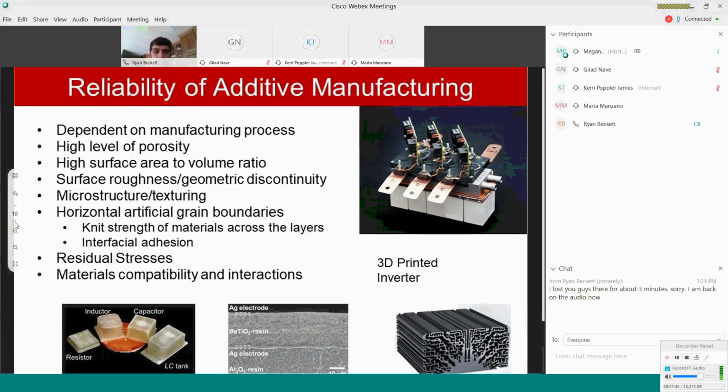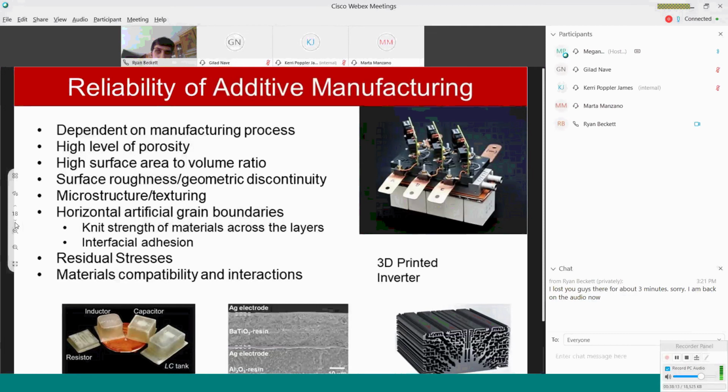For example, when you cast a metal, you cast an entire bulk material, or when you roll or draw a material like a wire or a piece of sheet metal, you've got a bulk piece of material. So with these additively manufactured systems, they tend to be made in layers. So you'll lay a layer of material down. The next layer goes down after that. Well, that makes an artificial interface between the first and second layer.